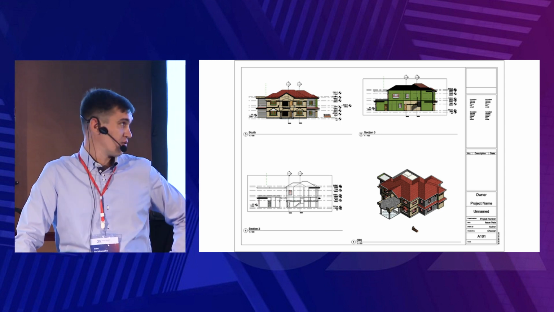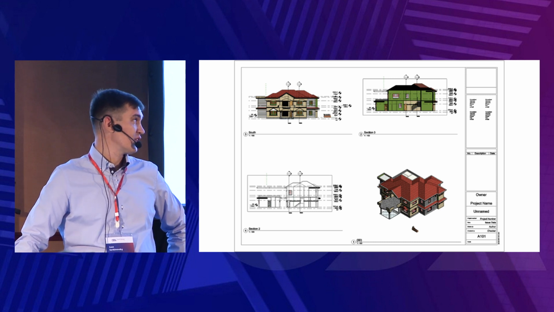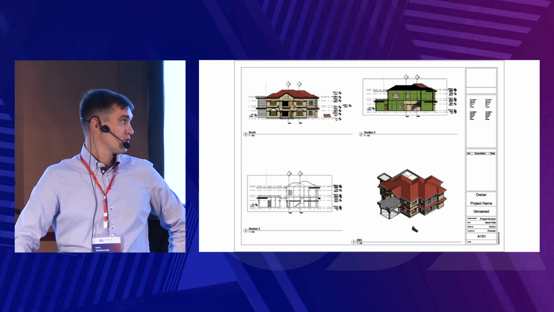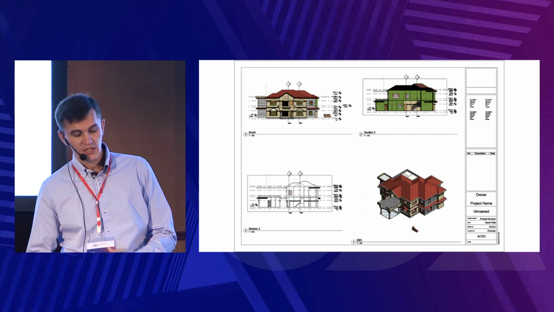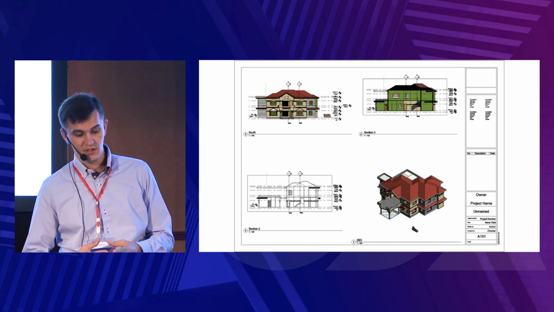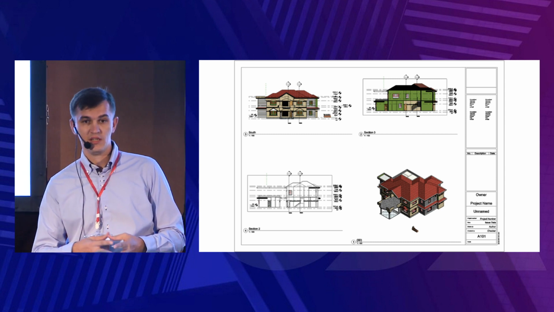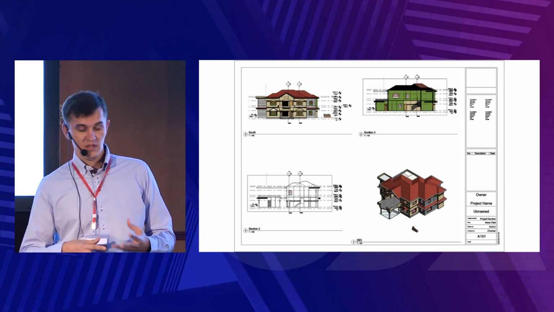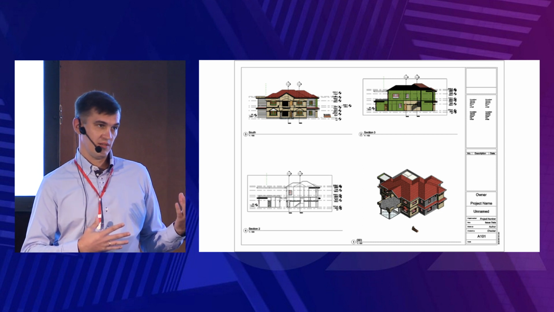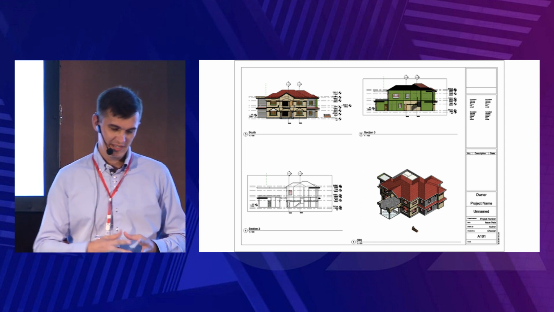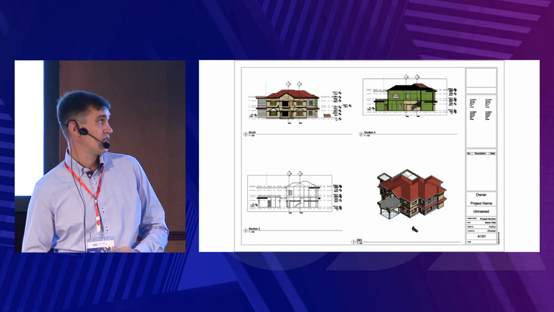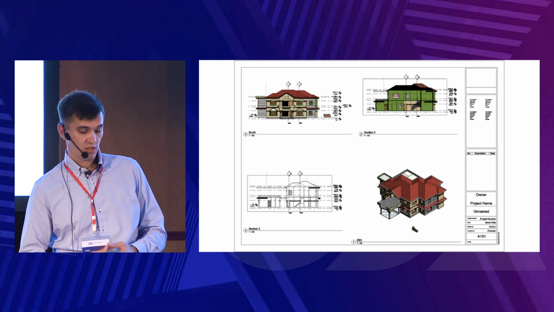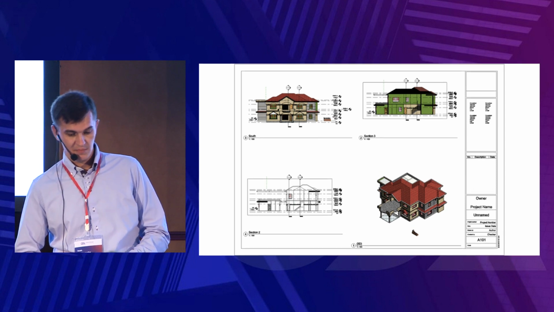On the screen you can see three examples of different plans, and on these views we also draw annotation elements. These elements don't contain any geometry inside, so for drawing such elements we have to implement drawing from the data in the element. On the screen you can see an example of several sections and levels. Currently we can draw them.